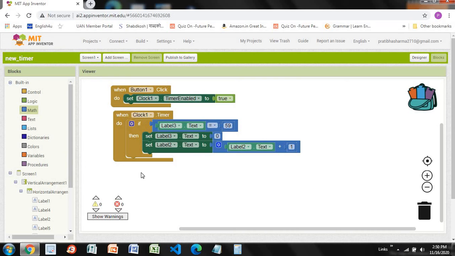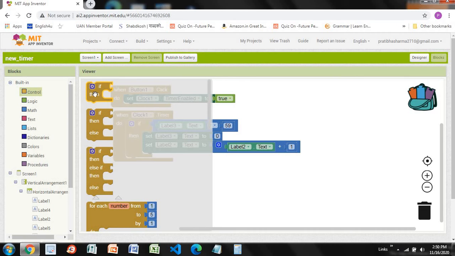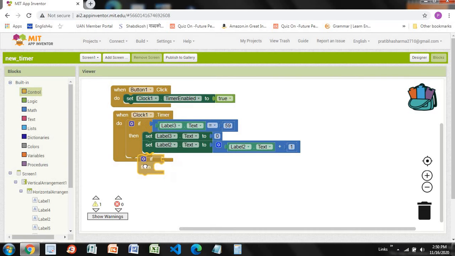Then we have to drag and drop one more if condition, so go to controls again and make it like this over here. And now label 2 dot text, so we have to go over here.